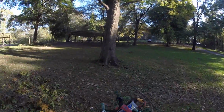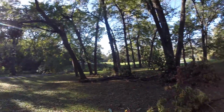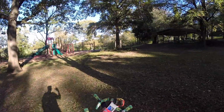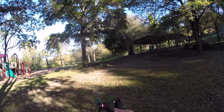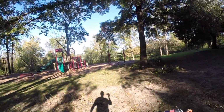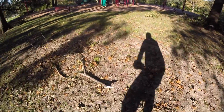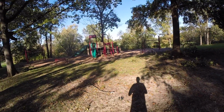Okay. Something else about this guy, it does come with these camouflage props and stuff, I would assume, and brush like this. Look, there's trees down everywhere. But if you get into some tall brush, it's going to blend right in. It'll be barely visible. I'm going to do some more line of sight. I want to show you how this thing is dropping down because...